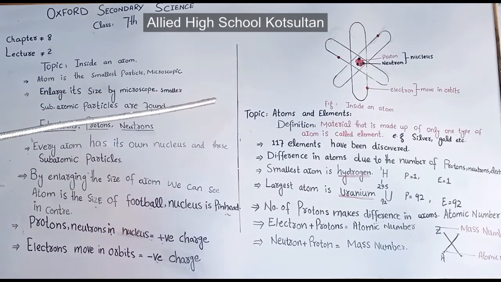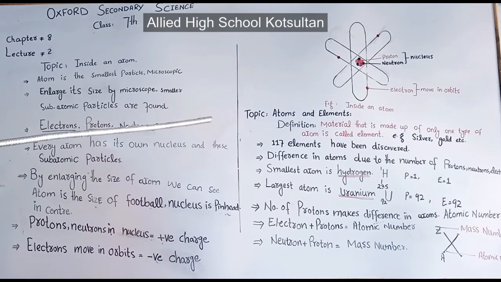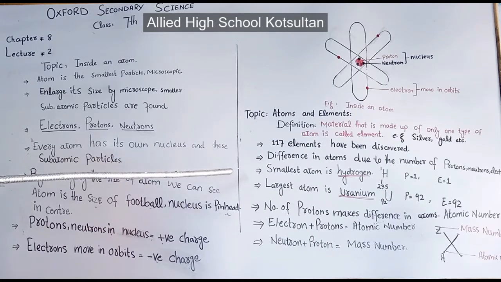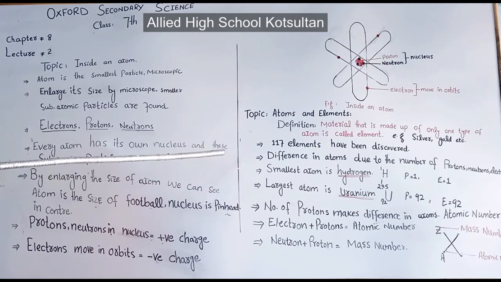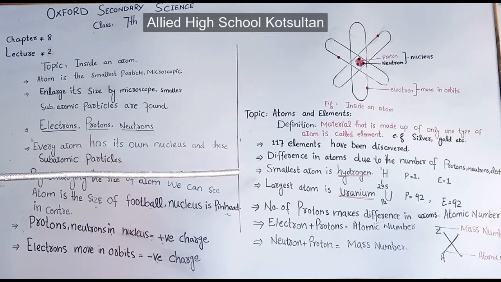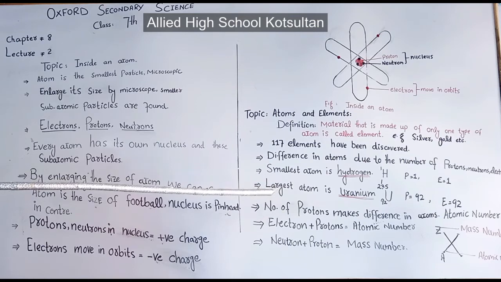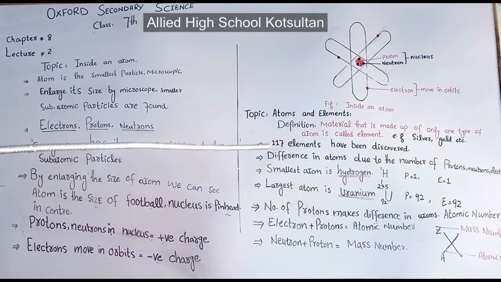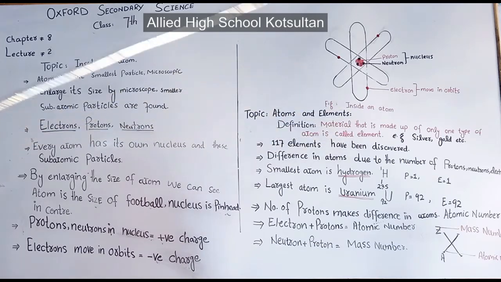The next topic is about atoms and elements. We have already discussed that atoms are the smallest particle of an element. These are indivisible. We can't see these atoms; we need a microscope to see them. And we have discussed that everything in the universe is made up of atoms, like all of your surroundings, the classroom in which you are sitting, the tables, the chairs, the doors, the windows. All these things are made up of atoms. But now we will discuss that 117 elements have been discovered.